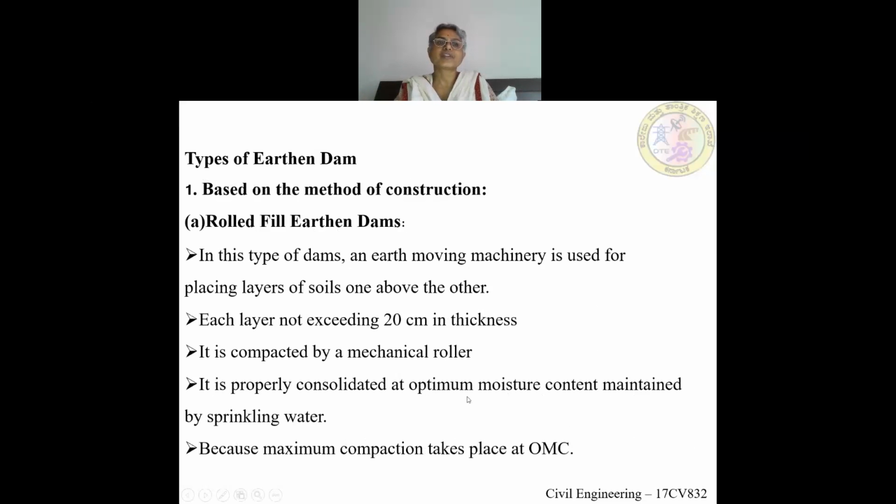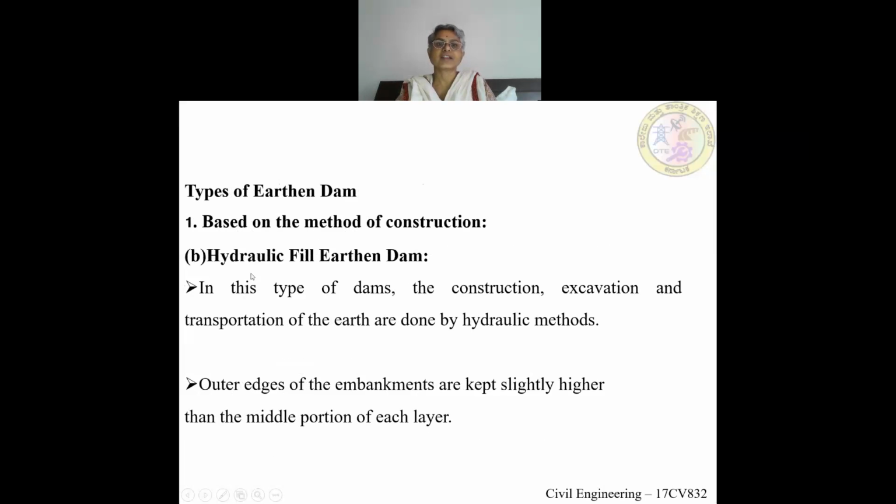So, types of earthen dam based on the method of construction. They are classified as rolled fill earthen dams, and the second one is hydraulic fill earthen dams.